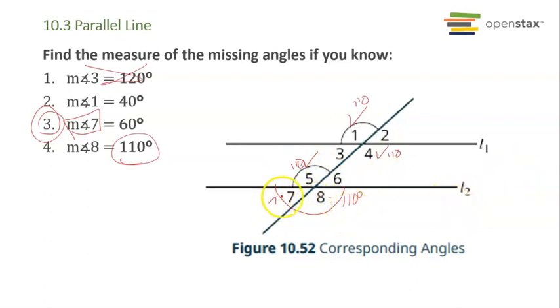So I need 70 more. So 70, 70, 70, 70. And you see how it kind of goes zigzag? It's always going to do that. So that's how you take points to make lines, and lines to make angles, and more lines to make even more